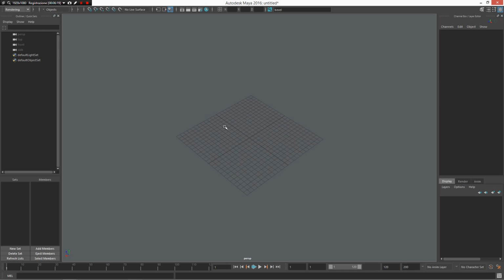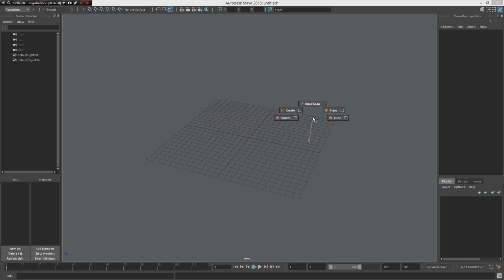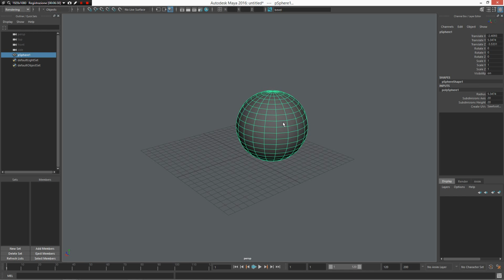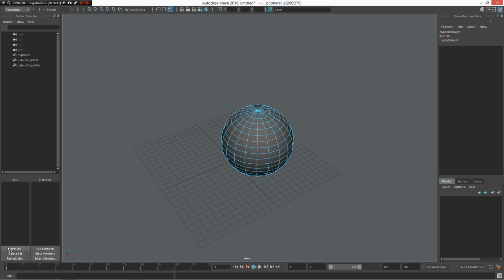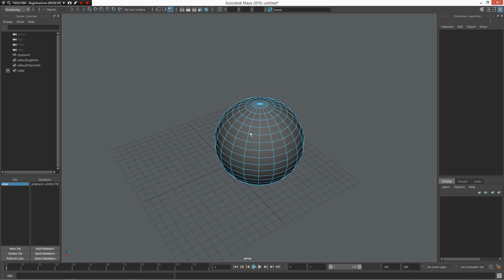What is this? It's the ability to save a set or view as a list the sets and the members in the machine. For example, I create a sphere. In this case, I can select my edge. Of course, I can use my MM2 key, press Z. I can go in multiple selection and select an edge loop, sorry, and create new sets. Edge. As you can see, here I have the members, the edge from this number to this number, and now